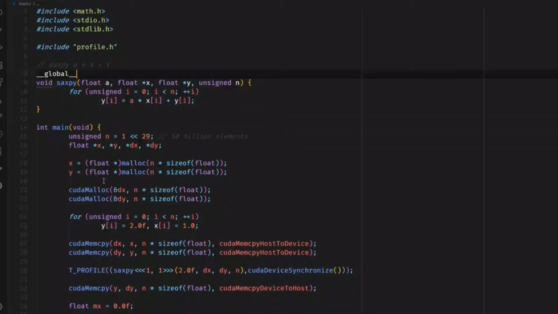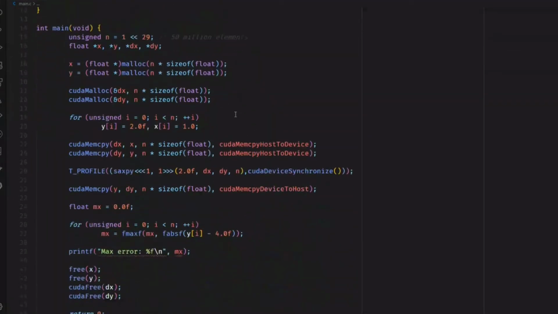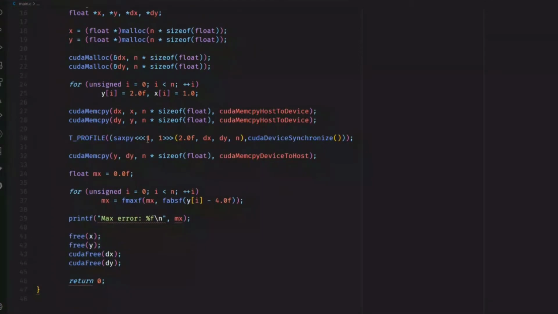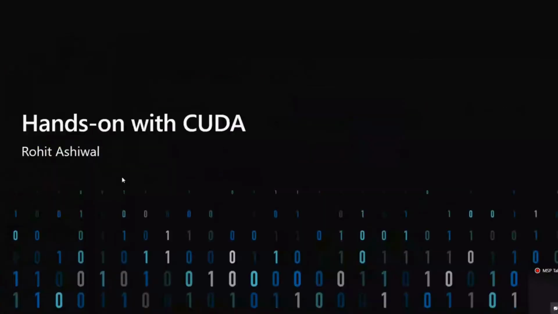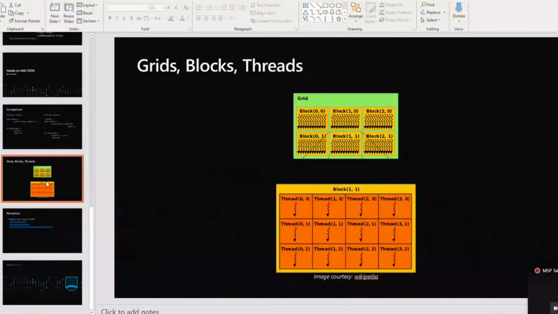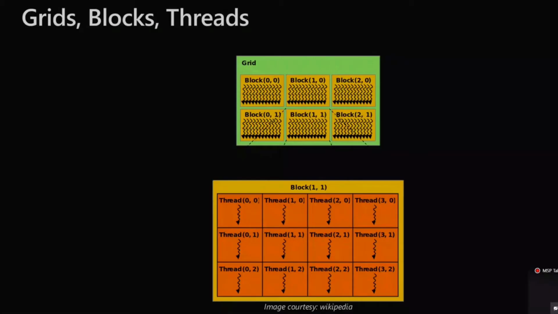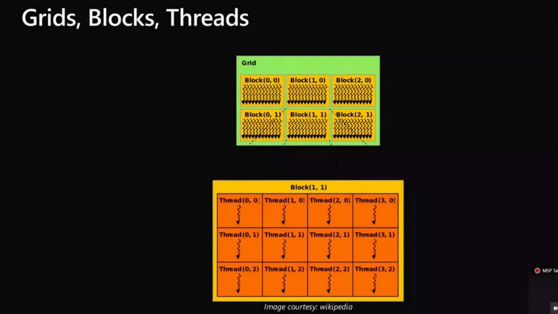So let us modify the function a little bit. First of all, we can change the configuration here. For that, I'll let you have a look at this. Right. So basically in GPUs, our threads are divided in this fashion. There are blocks which consist of several threads, and there is a grid which consists of several blocks.